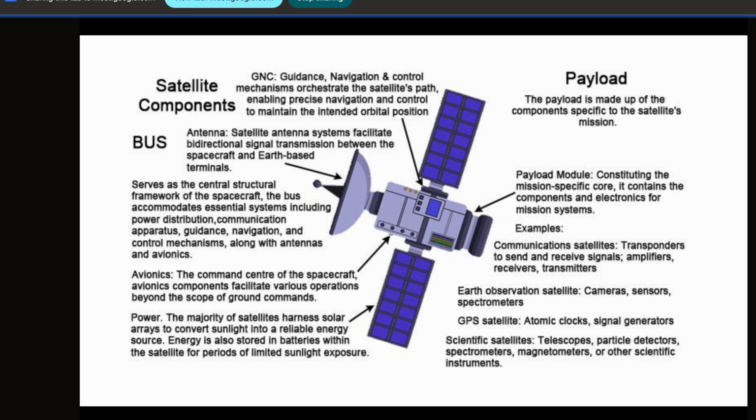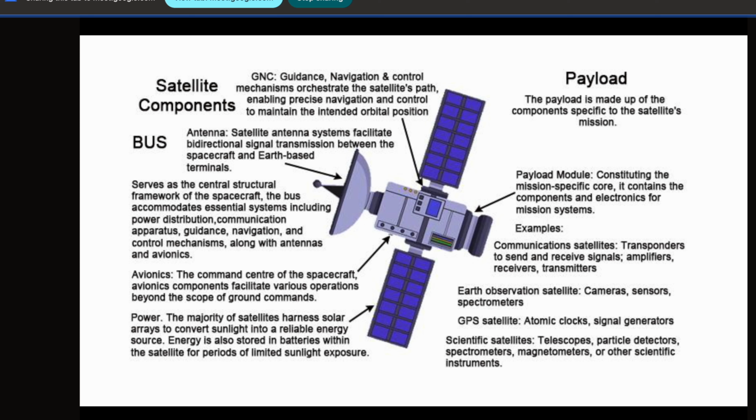So here you can see what the major subsystems are. In a satellite mainly one payload is needed. Payload will be there, one power system will be there comprising the solar panel and other things, and one propulsion system will be there to maintain the orbit. Now this propulsion system I will come to in a little detail.